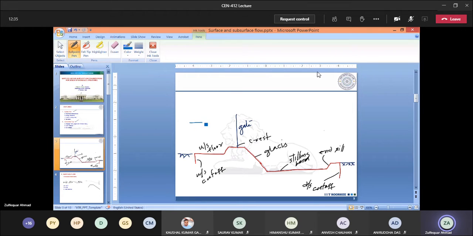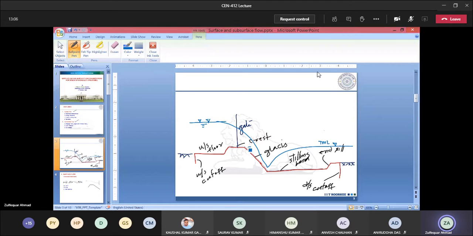So your water level in the upstream is this, and then you may have here a hydraulic jump, and this will be the water surface. This is the water surface profile for this typical case. Here we have assumed that this is a free flow, means that this level, and this level. So this is the tail water level.